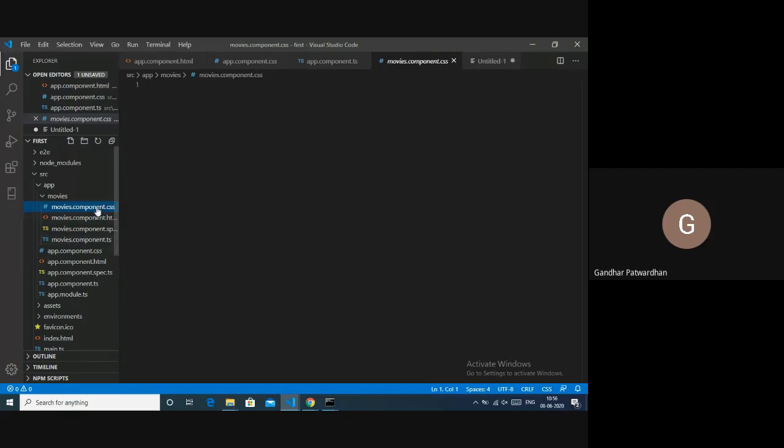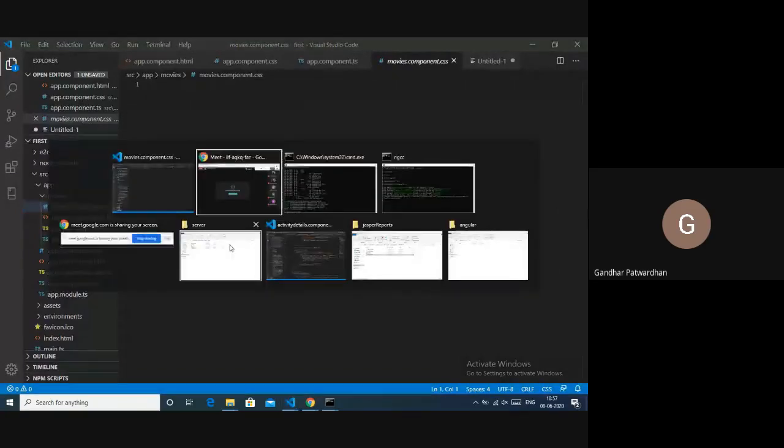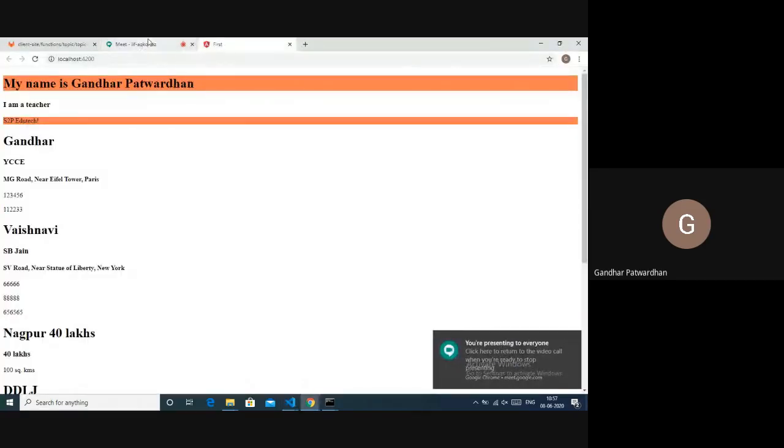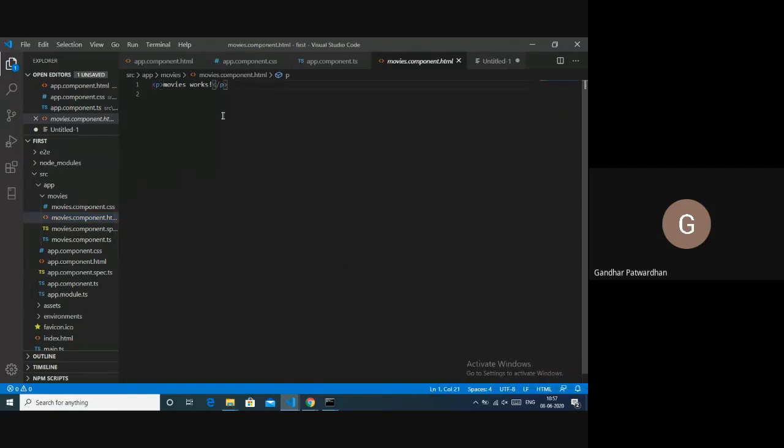Now a component cannot exist without TS, and if you wish to use that component in your UI, then it cannot exist without your HTML. Okay. This is my application map. Now, if I open the movies.component.html here, what is written here?